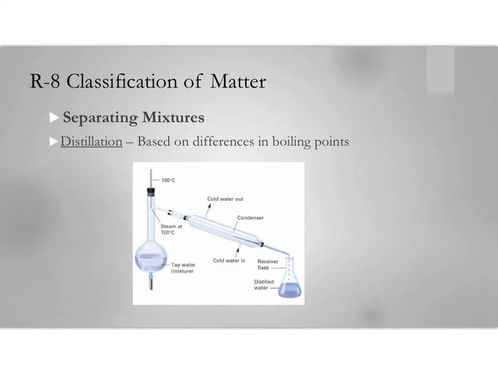If you know anything about distillation, you probably know that a very common form of distillation is the production of purified ethanol used for drinking, like in moonshining. And so what happens is in these mixtures of water and ethanol,